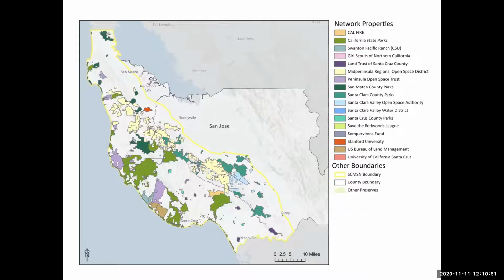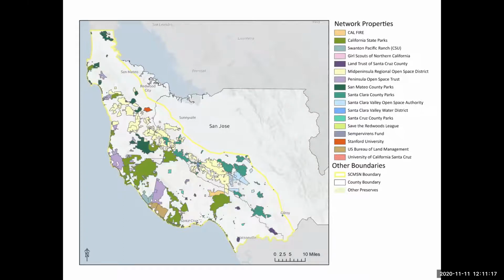The data in Santa Cruz and Santa Clara was older and coarser, and we really needed things to be consistent to have this kind of big picture view to help us think at a landscape scale or at a regional scale. And so it really made sense for this project to happen, and it really made sense for our network to be the one who was kind of the container for it.